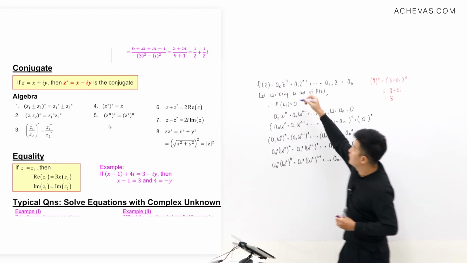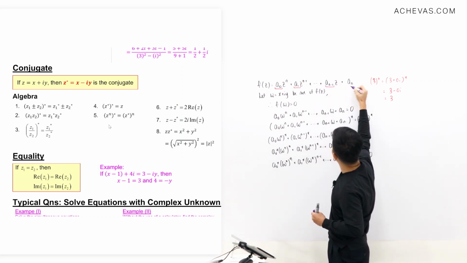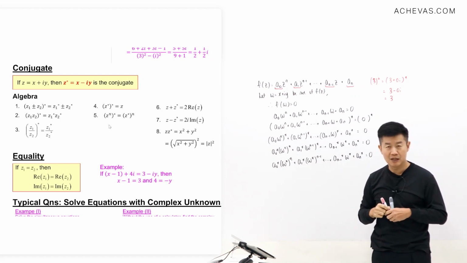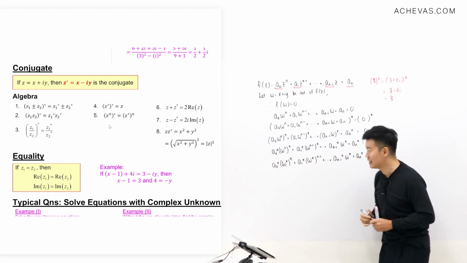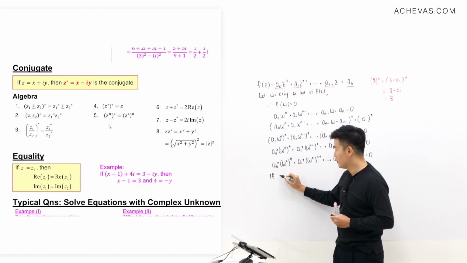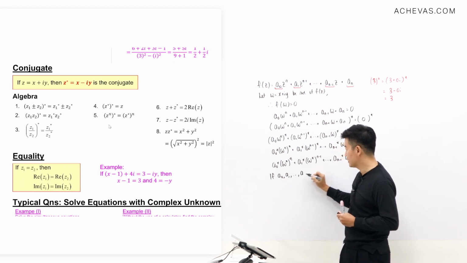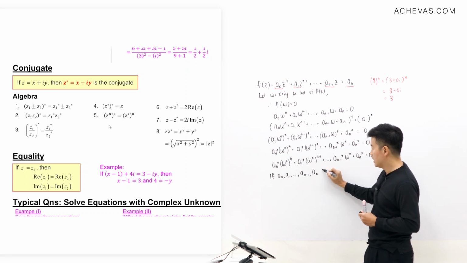And specifically, that will be for a0, a1, all the way until a(n-1) and an. What if all these coefficients happen to be real numbers? Then we actually will get a very interesting result, which actually we are trying to prove. So let me impose this condition to our polynomial. So if all the coefficients, which are going to be a0, a1, and all the way until the second last coefficient, which is a(n-1), and the last coefficient, which is an, if all these are real numbers,